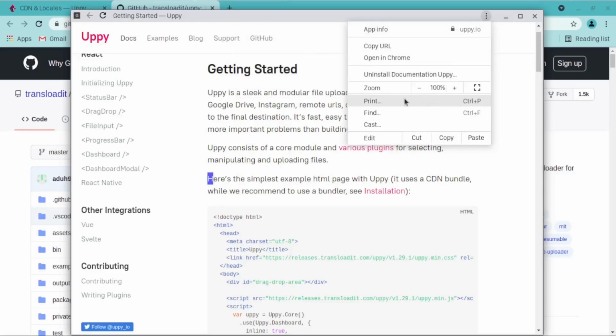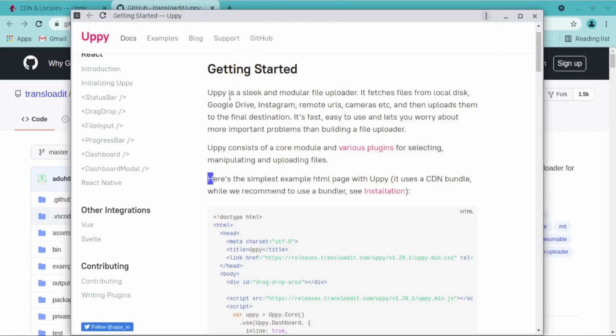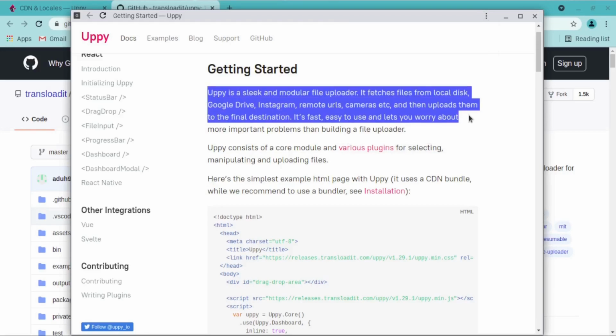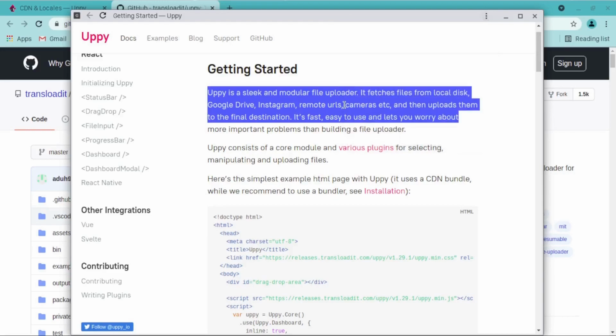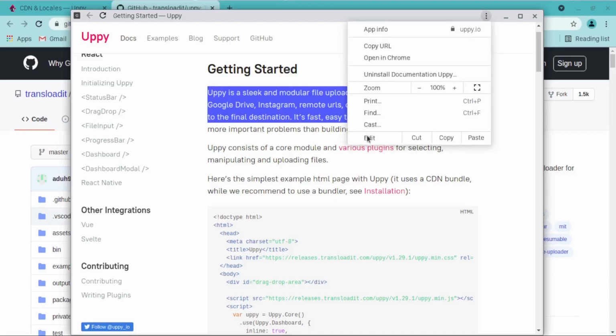Then there is this last option, edit, cut, copy, paste. These options help you to copy content that you've selected on the website, or to manipulate content that you've selected on this particular page. So if I select a section of the content like this and I click on edit, it doesn't do anything because this section is not an editable container. If this section was either a text area or an editor, and we click edit, it will automatically move our cursor into that editor, and you can edit the text in there.